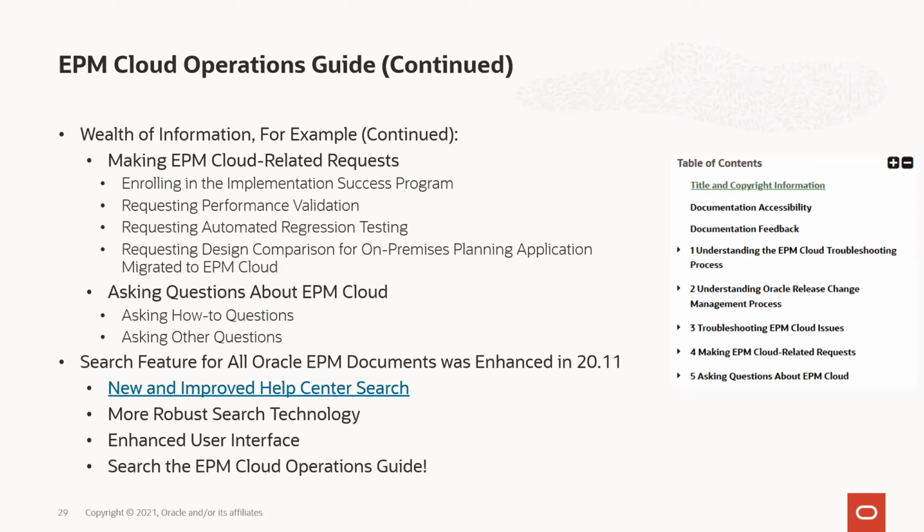Similarly, this request for automated regression testing. So again, the first Friday of every month, as Marc said, you got IPM Insights coming out. Well, maybe you're worried that something is going to break in your environment because of any new patch or anything we've enhanced. We can help you create automated testing scripts that are run from EPM Automate that will go through on the first Saturday of the month, that can run through use cases to test to ensure that your application is still working as expected and that there was no regression introduced by our monthly patch.